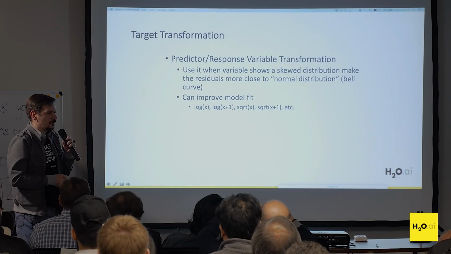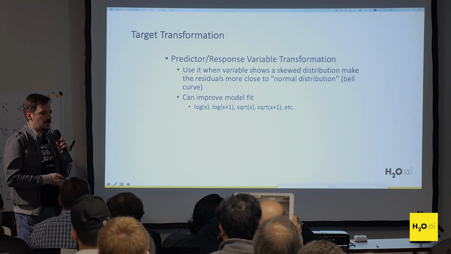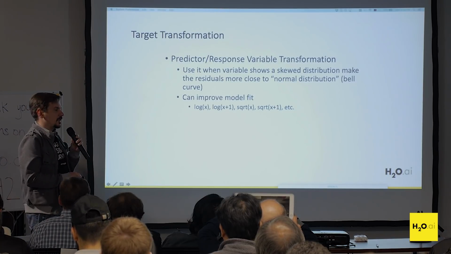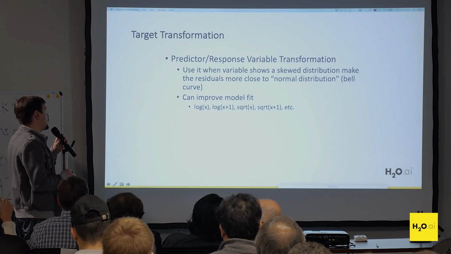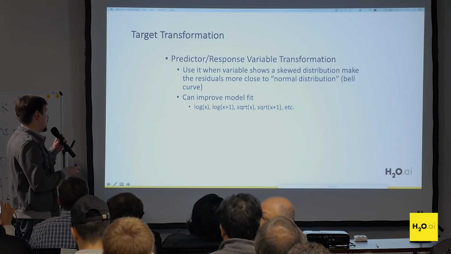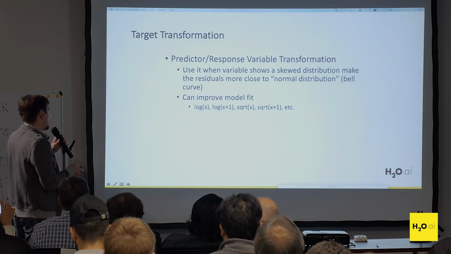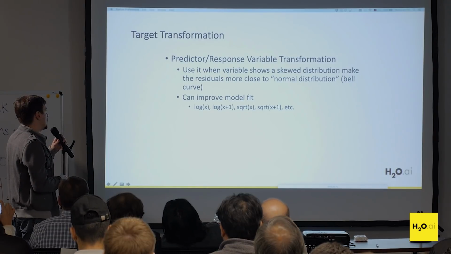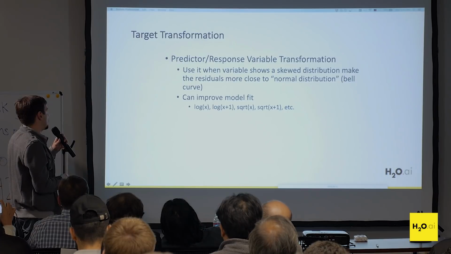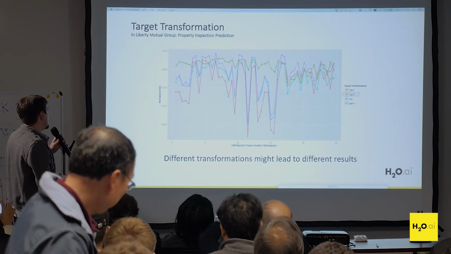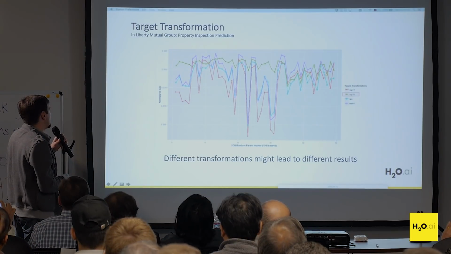Well, target transformation, that's something you can use to transform your target variable. That's especially useful for regression problems. Say your target is not normally distributed, it has a skewed distribution. In that case, you can apply some transformations to make the distribution of the target more like a normal shape, like a bell curve. For example, log transform usually proved to be very good in a few Kaggle competitions. For example, there was a competition, Liberty Mutual Property Inspection Prediction. You try to predict the